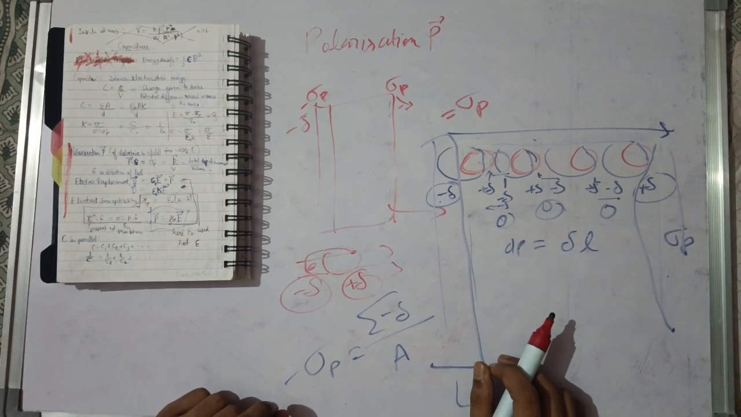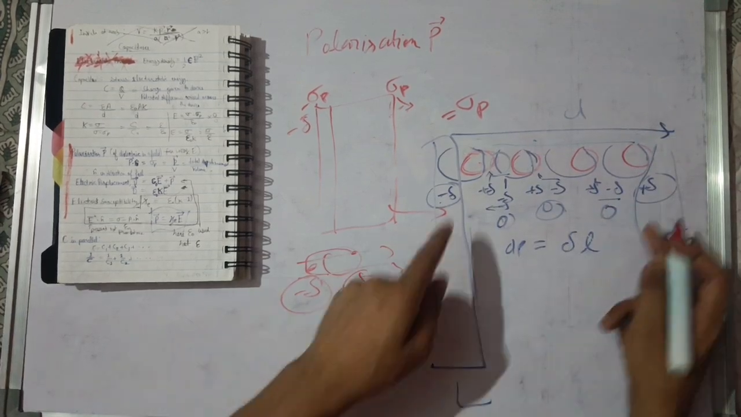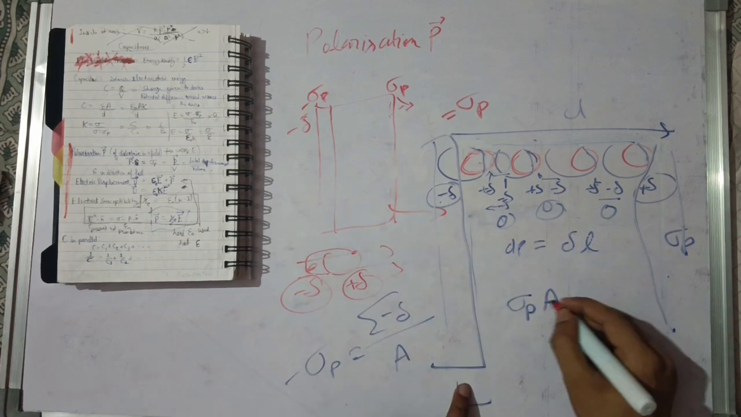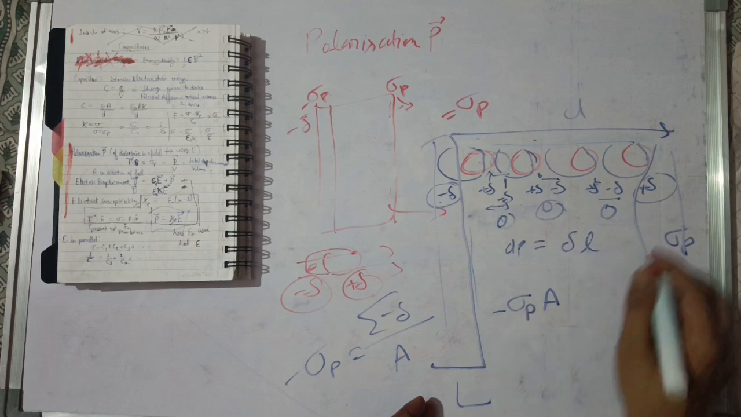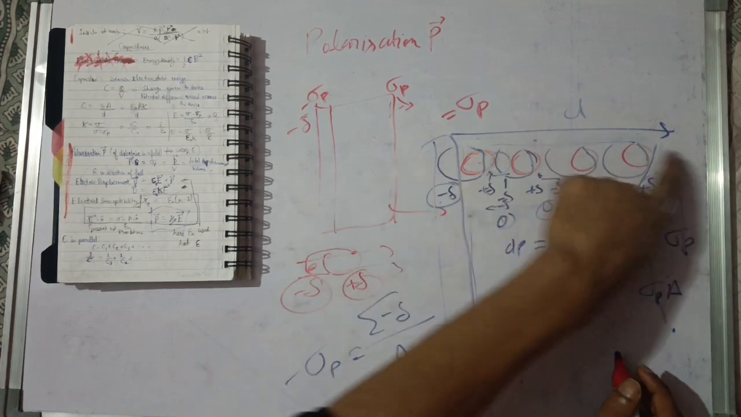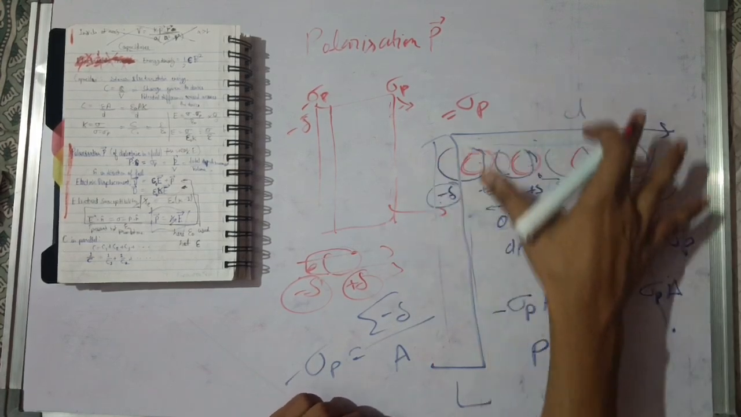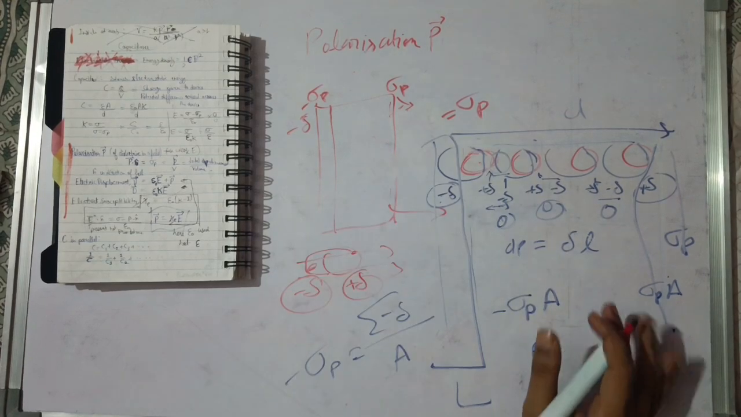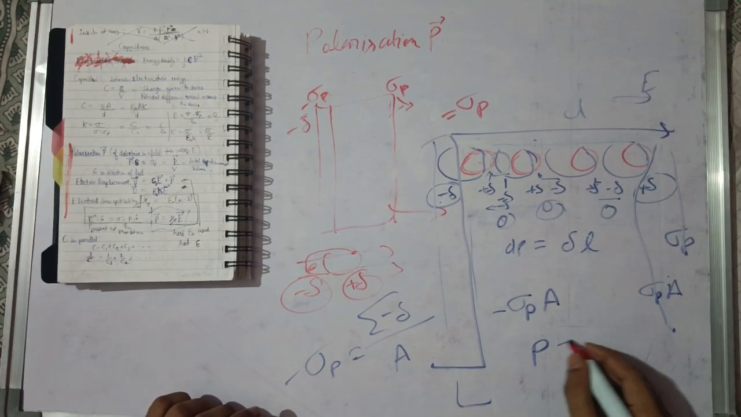Now this length from this to this is d, and the charge is sigma p into the area. The total charge at this end is minus sigma p A, and at this side is sigma p A, and the distance between them is d. So the dipole moment produced due to the electric field in this medium would be equal to the total charge